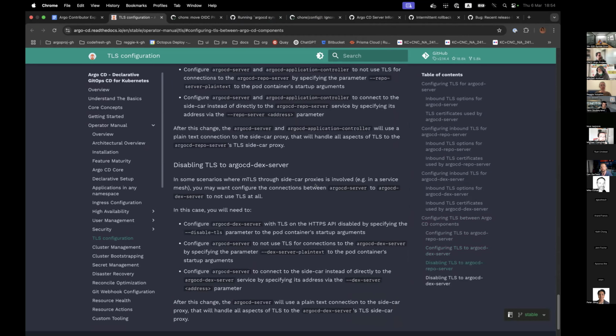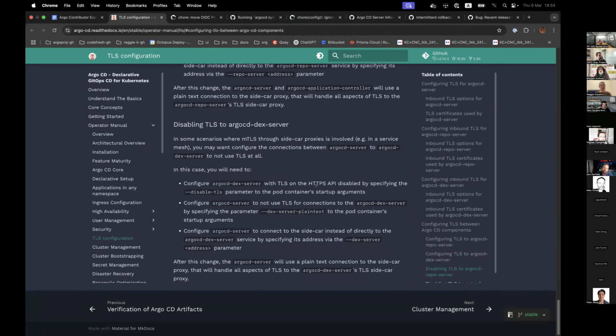Oh, so MTLS is mutual, right? So yeah, that's basically one has a client certificate, the other has a service certificate, and they both mutually authenticate.